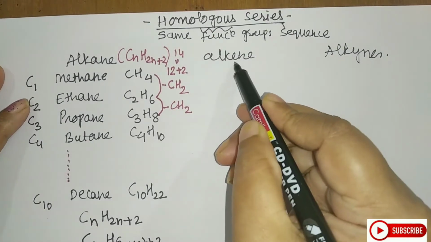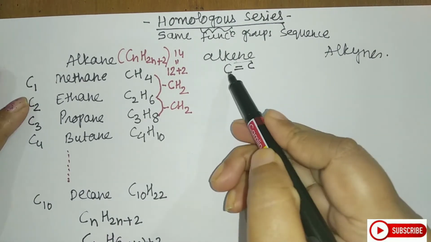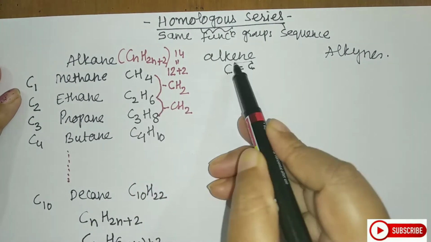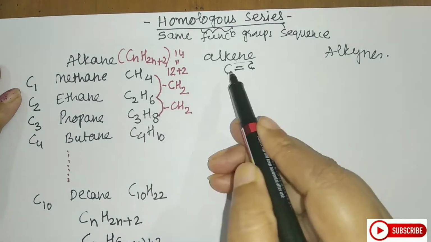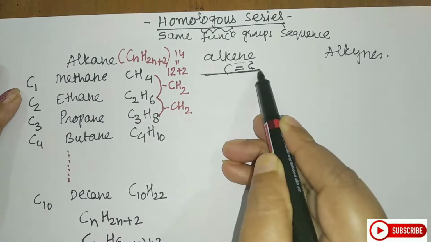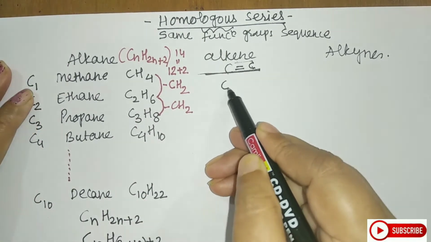In alkenes, students, you have a carbon to carbon double bond linkage. And you know that if I want to form a double bond, the minimum requirement is 2 carbons. And therefore, we don't have the first homologue, that is methane, in the alkene group here. So here we will not consider anything. The first homologue of alkene starts from ethene. So it will be C double bond C.